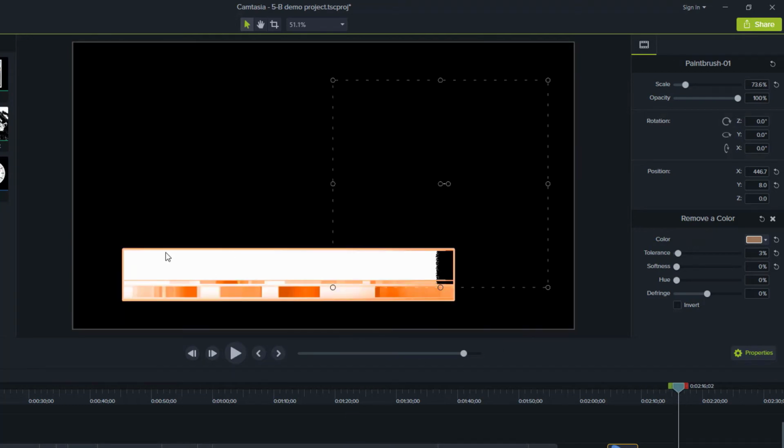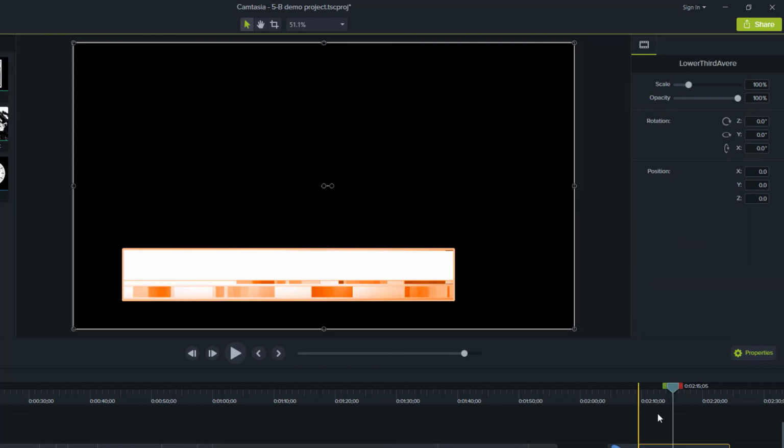Now, I would put somebody's name here on the lower third, like name and title, for example. And I used to use an MOV file which had transparency. It doesn't have transparency anymore because QuickTime's no longer supported in Windows. Then Camtasia no longer supports it too. It just makes sense. So what I wanted to do was use this as a lower third to put over top of somebody, like over top of me speaking, for example.